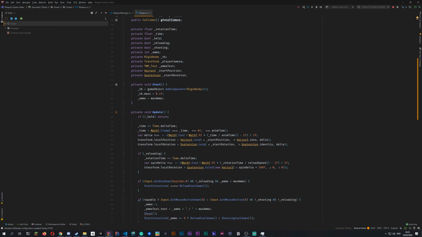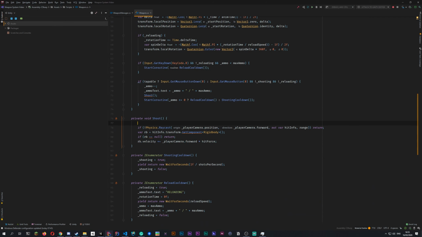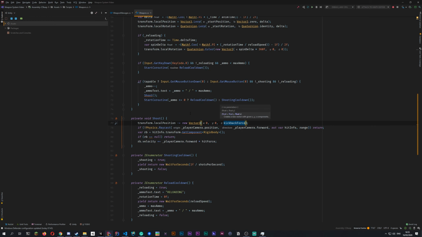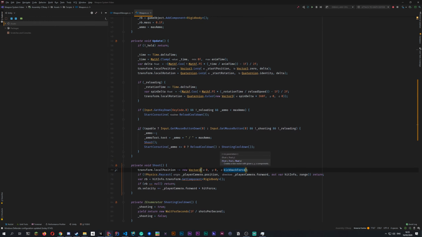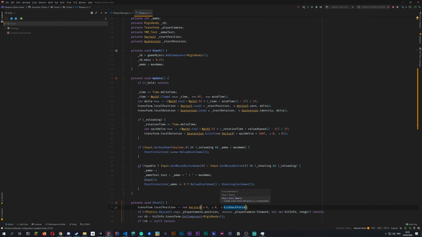And then go down to your shoot function and then write this: transform.localPosition minus equals new Vector3 0, 0, but we want to affect the z with kickbackForce, like that. And that's applying the force, but we also need to reset the force. So we actually want to change this whole function. So just